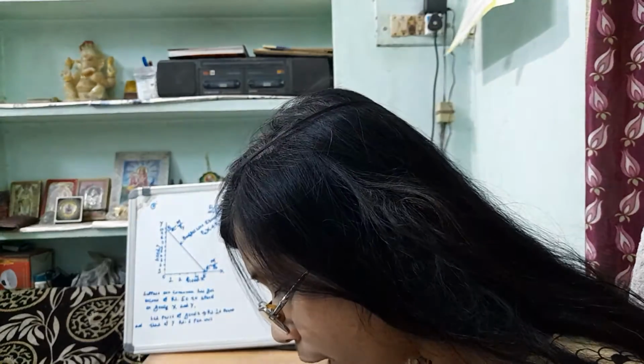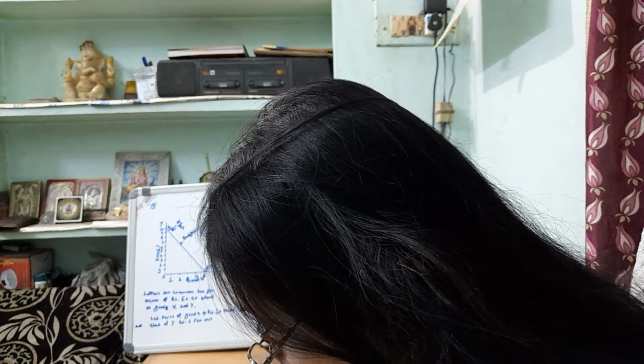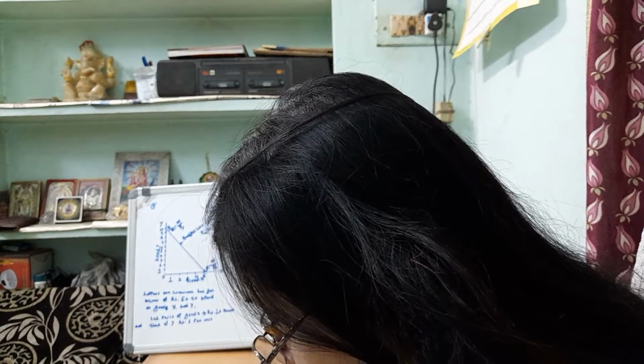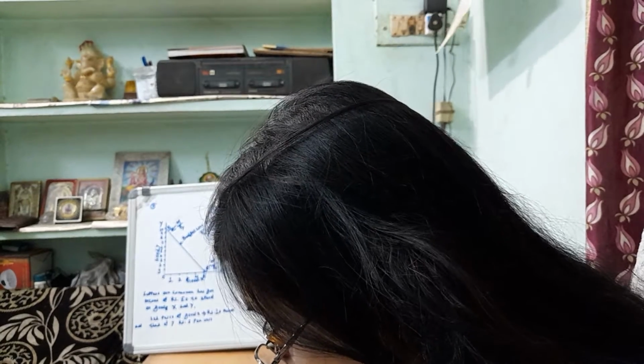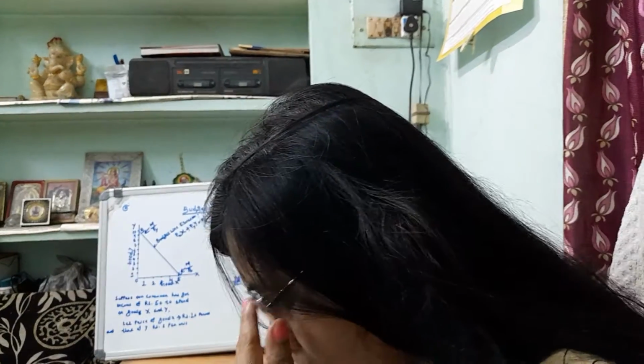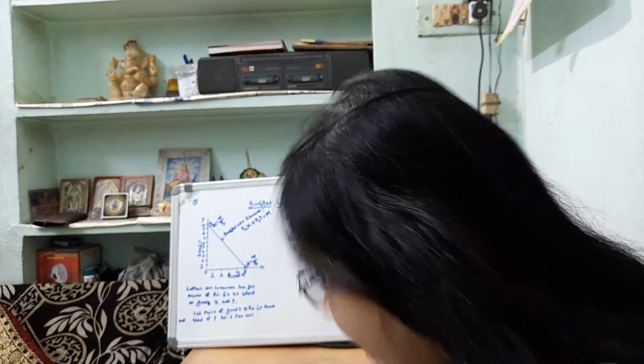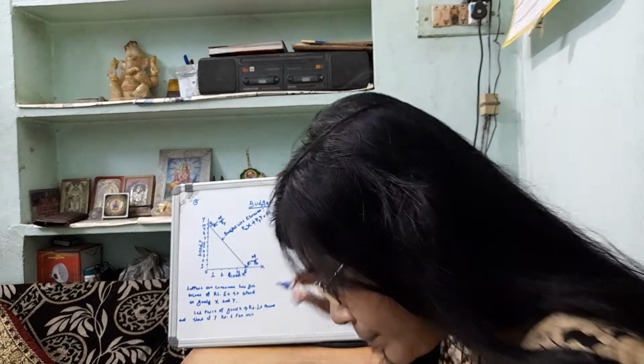Suppose our consumer has got income of rupees 50 to spend on good X and Y. Let the price of good X in the market be rupees 10 per unit and that of Y 5 per unit. If the consumer spends his whole income of rupees 50 on good X, he would buy 5 units of good X. If he spends his whole income of rupees 50 on good Y, he would buy 10 units of good Y.